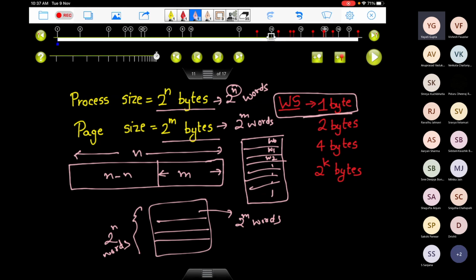Okay, let's look at another case. How will this picture change if word size becomes 2 bytes? Can you tell me? Your process size is still 2 to the power n bytes, but now each word contains 2 bytes.